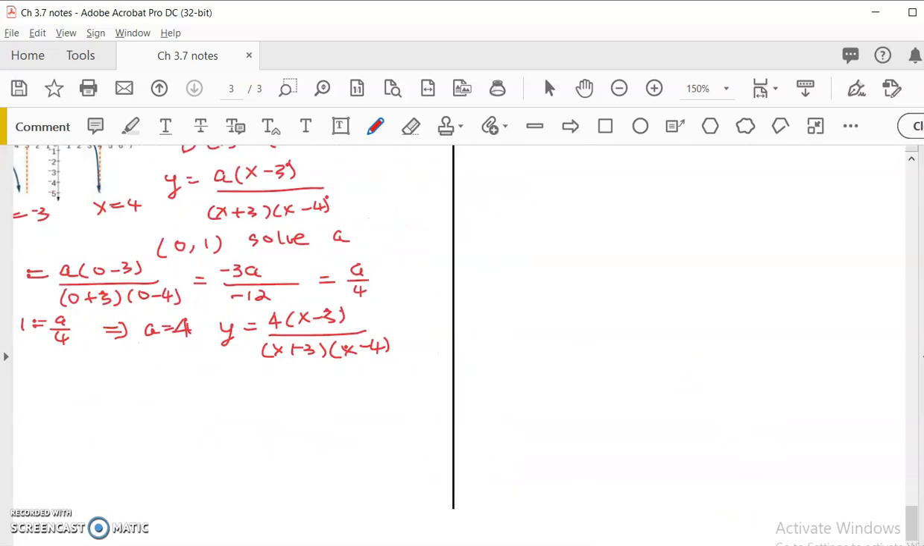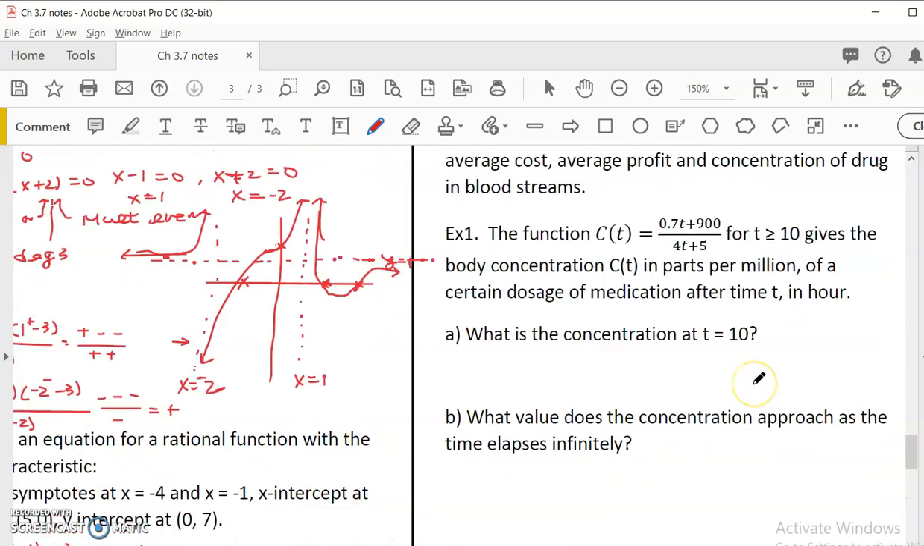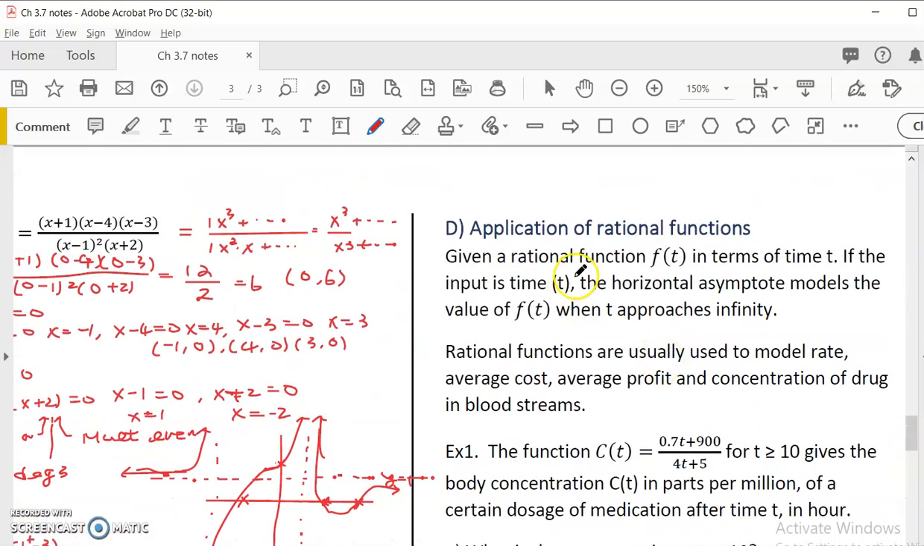Okay. So I have 2 more minutes, but I think I'll use another video to talk about applications. So solving application problems of rational functions would be